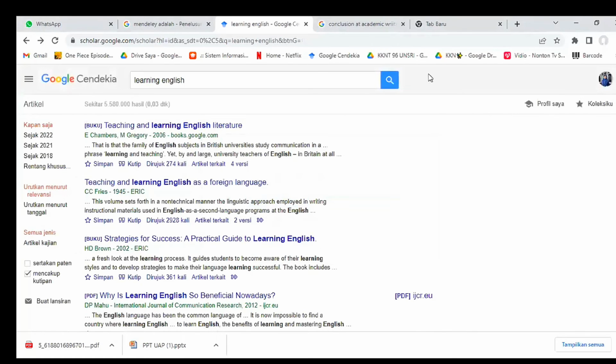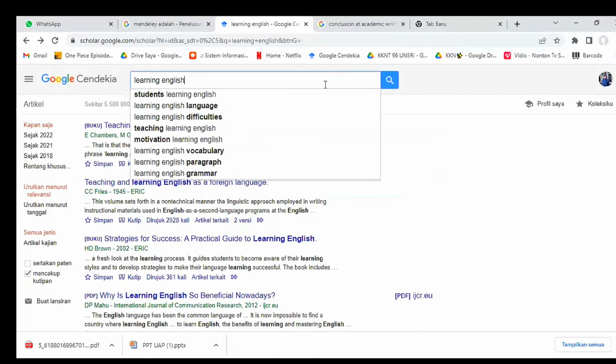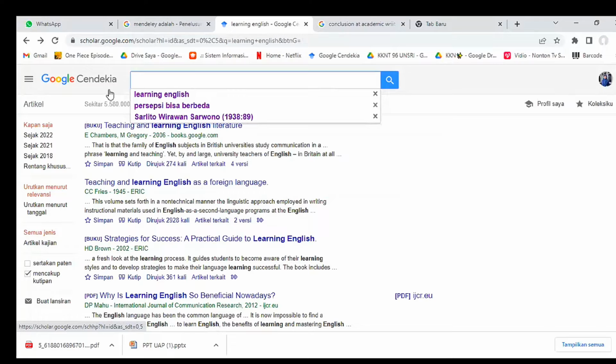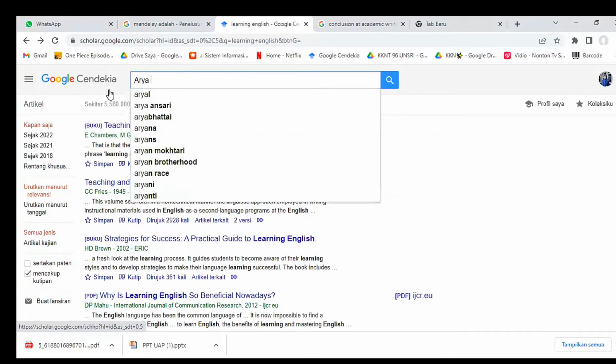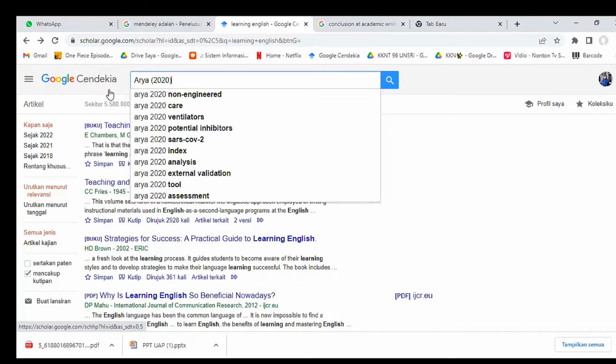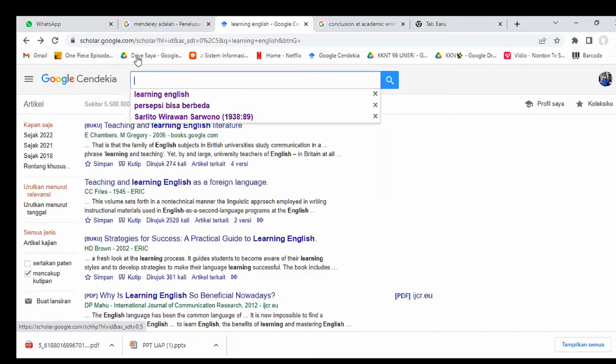For getting citations in my paper, I did it manually, for example, Arya, 2020, some kind of that. I don't know whether it is necessary to tell you guys, but I did it this way whenever I want to cite. I think that's all.